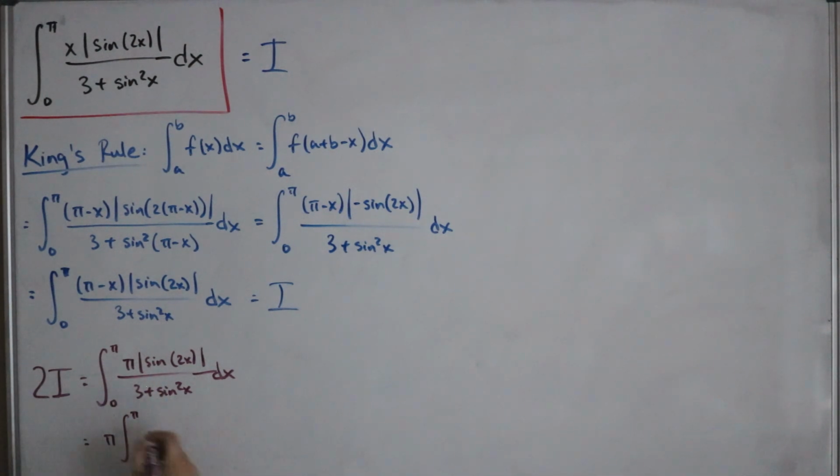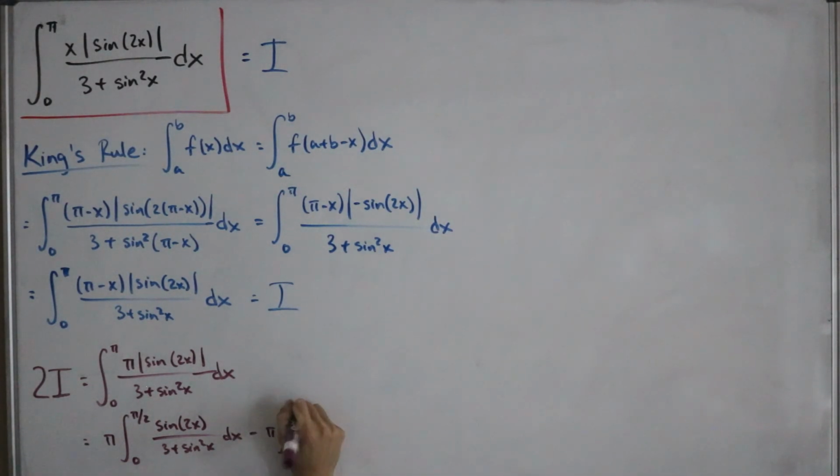So actually we're breaking up our bounds specifically from 0 to pi over 2, and then pi over 2 to pi. So the first one, 0 to pi over 2, we're just left with the positive of sine of 2x over 3 plus sine squared of x, dx. And then we're going to be dealing with the negative from pi divided by 2 to pi. So of course, factor out that negative, so that'll be a minus over here, so minus the integral from pi over 2 to pi of sine of 2x